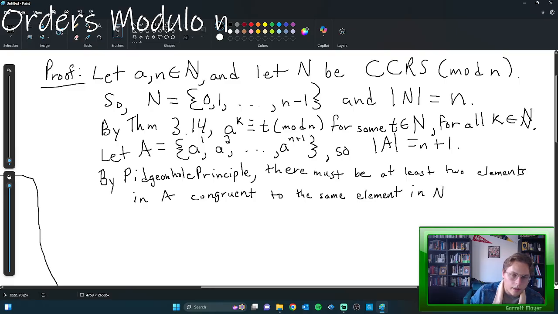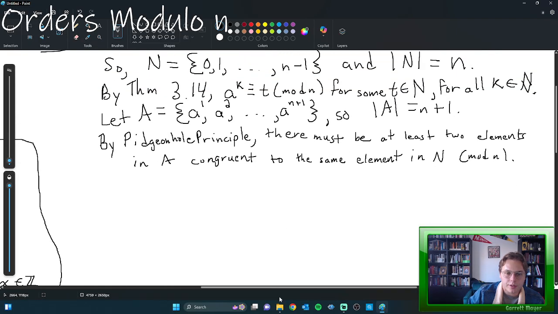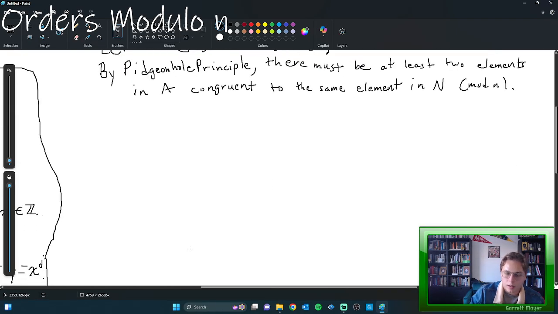And now let's see why this works. Say for example, n equals